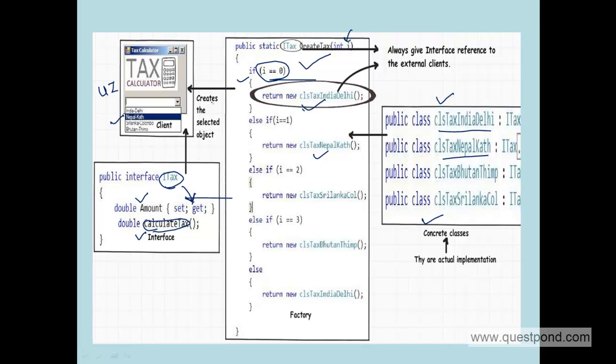So in other words, this is a very nice architecture. Why? Because the UI and your concrete classes are completely decoupled from each other. So there is no direct connection. If I change the user interface, I don't need to think about any changes in the classes, and vice versa. Tomorrow, if I add something over here, I don't need to worry about the UI part. So this is a pretty decent architecture which the TaxCal application is currently following.